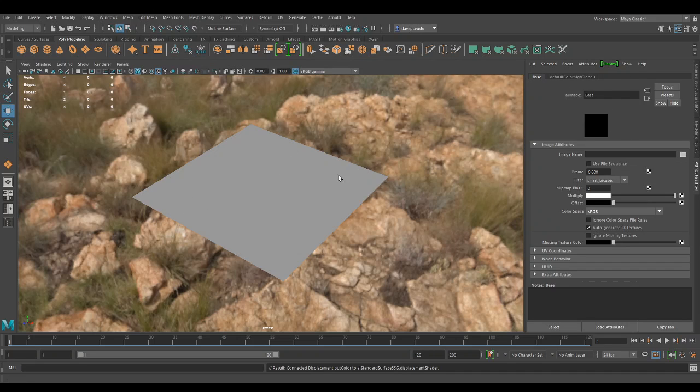So over here inside the base color attribute, we're going to find image name, find the folder, and navigate to our preferred texture, which for me is going to be concrete bricks. Find our base color, and there we go. So that's now on there. So now if I actually minimize this and then turn on textures,